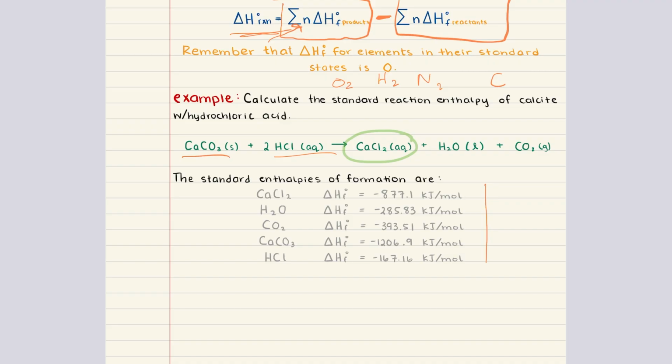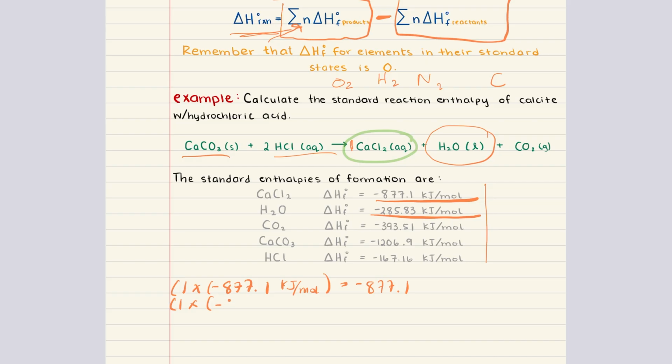Our first product is calcium chloride, and we form only 1 mole of calcium chloride. So the enthalpy of that product is going to be 1 mole multiplied by the enthalpy of formation for calcium chloride, which is negative 877.1 kilojoules per mole. And this is just going to be equal to negative 877.1. Then we also form 1 mole of water, and the enthalpy of formation for water is equal to negative